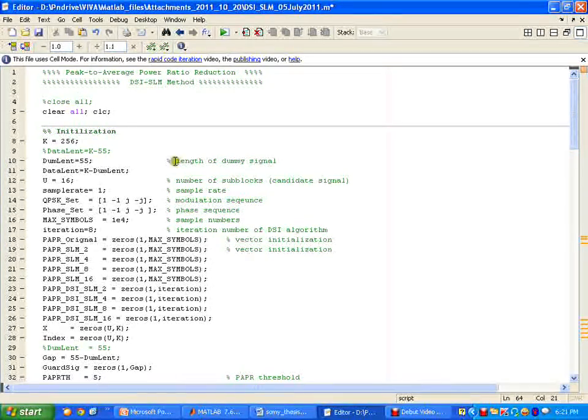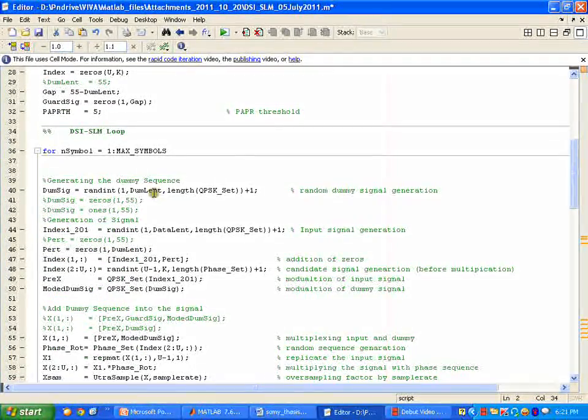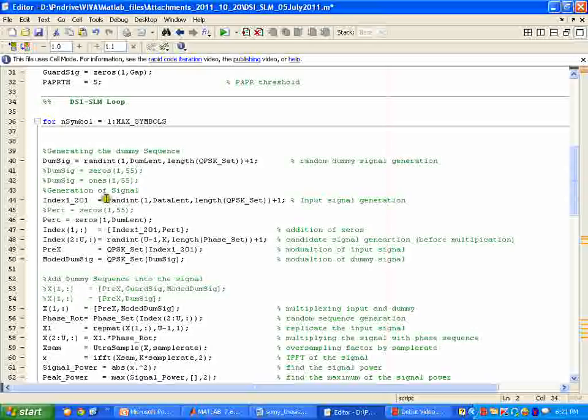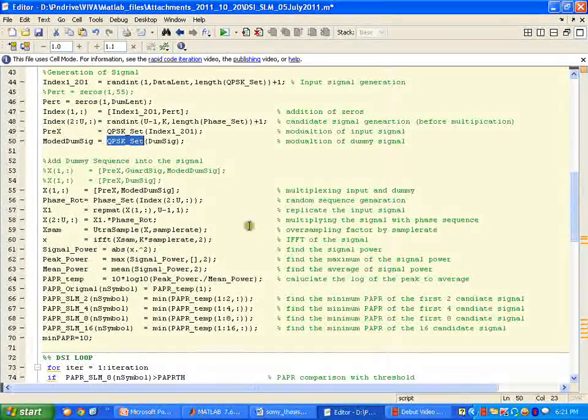Okay, this is the program of DSI SLM, and this part is for initialization, and here data is generated and the dummy is generated and the modulation is performed. In this part, the dummy signal is added to the main signal, and in this line, as you can see,